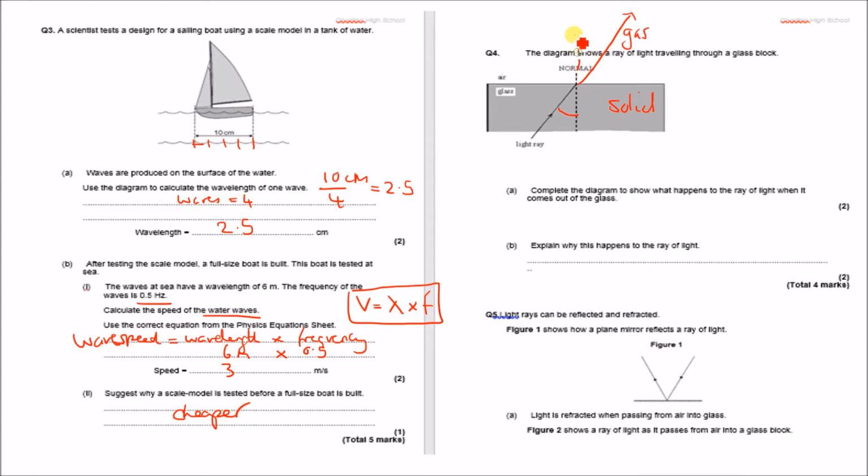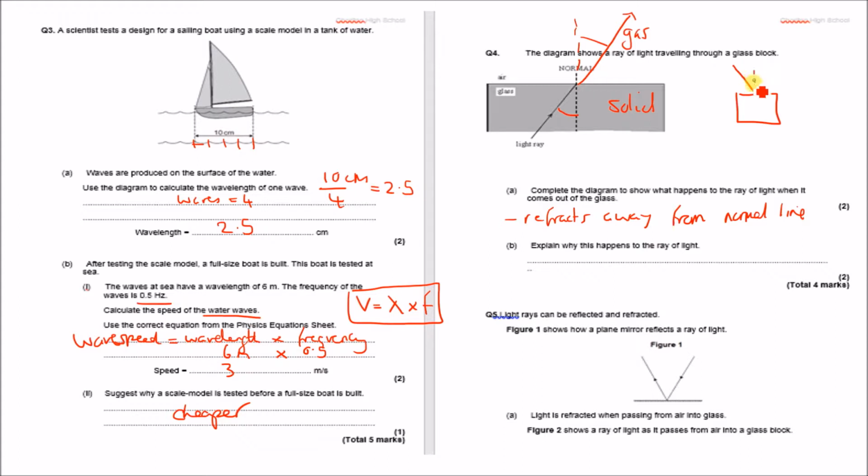So we carried that normal line on just to show it. This angle should be larger. So it's going to refract away from the normal line. So you just need to make sure that it refracts away from the normal line. So just to explain that, if we have a glass block and the light hits the